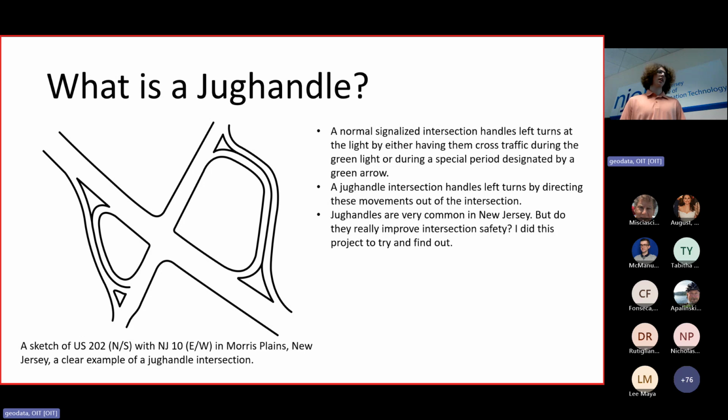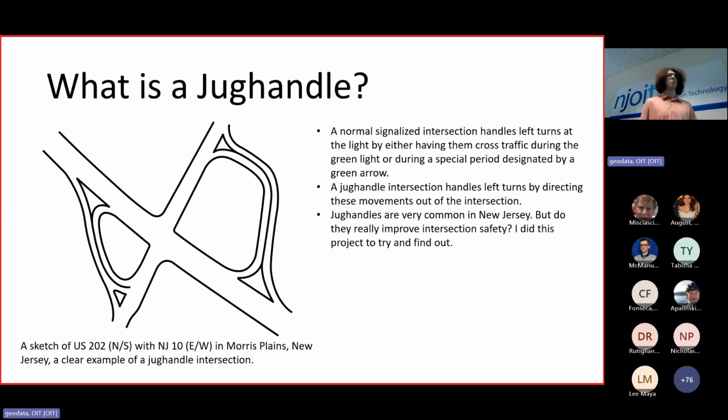And at first, I was confident that I knew what a jug handle was. And here's an image of what I would say is a clear jug handle. You see how the left turns are directed away from the intersection and handled by these loops. But while doing this